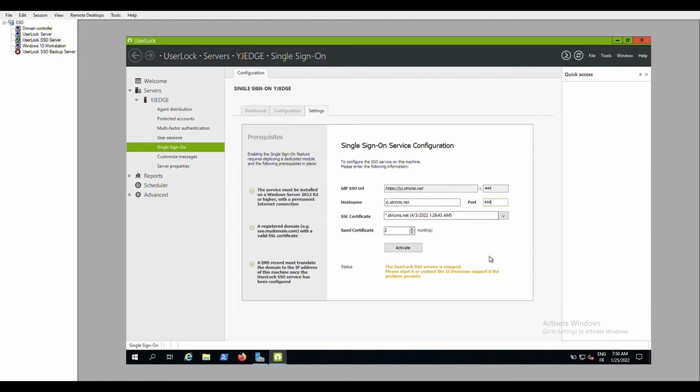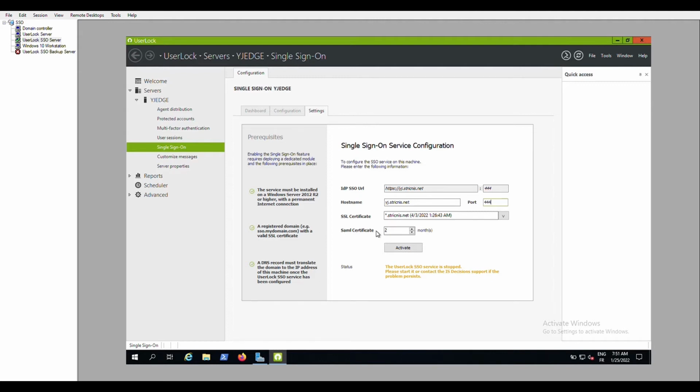The last item to configure is the lifetime of the SAML certificate. Notice that the SAML certificate is different from the SSL certificate. The SSL certificate is used to protect the communication between the SaaS application and the identity provider. The SAML certificate, on the other hand, is a key component of the SAML protocol that establishes the trusted relationship between the SaaS application and the identity provider, in this case Microsoft 365 and SSO.